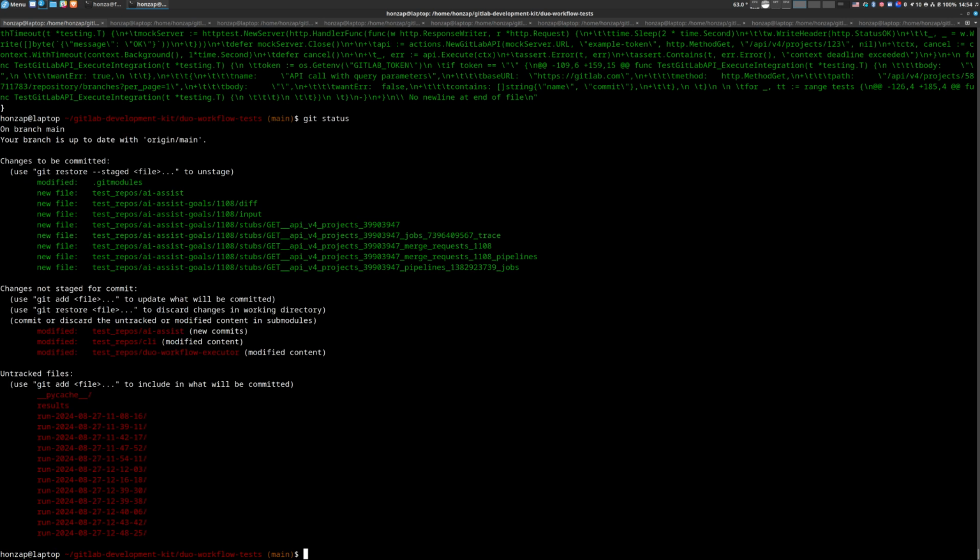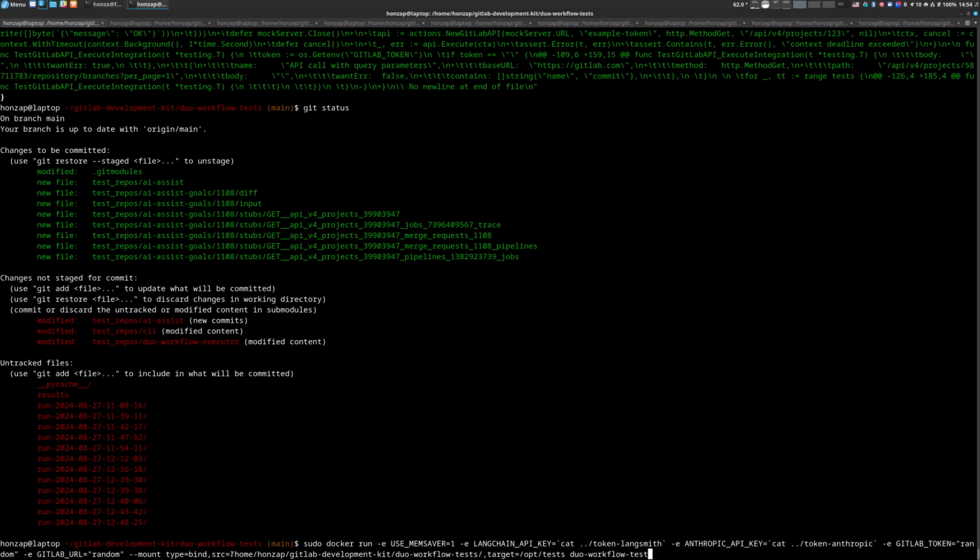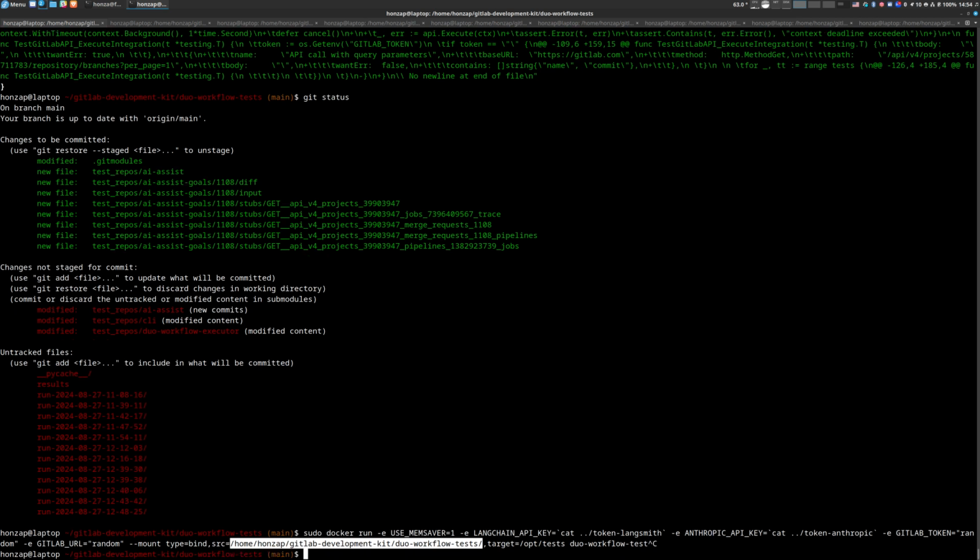These tests run inside a Docker container. This Docker container runs both the Duo workflow service and Duo workflow executor, so it's isolated from your environment. The only directory which is mounted is the directory with this repository, and results are stored inside this directory, and also